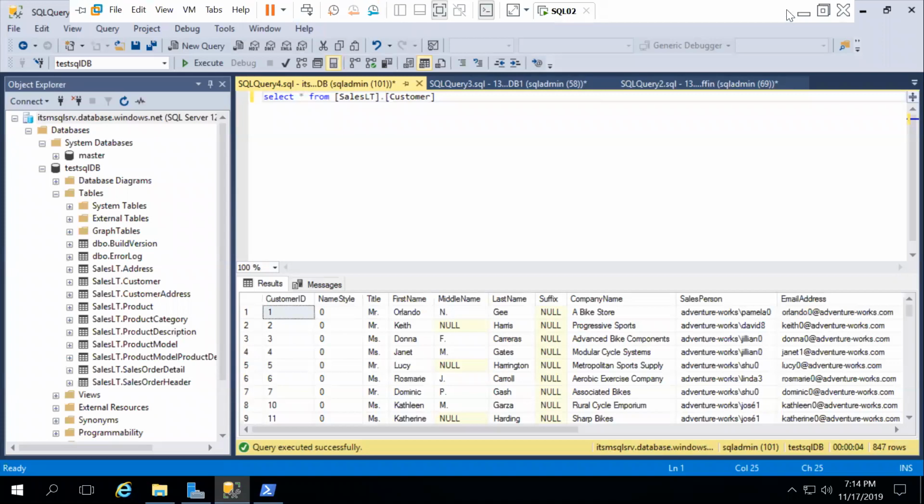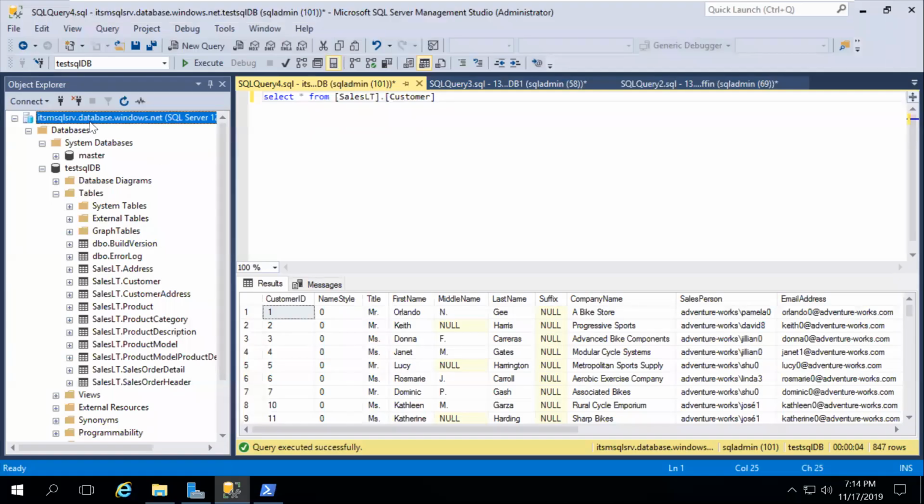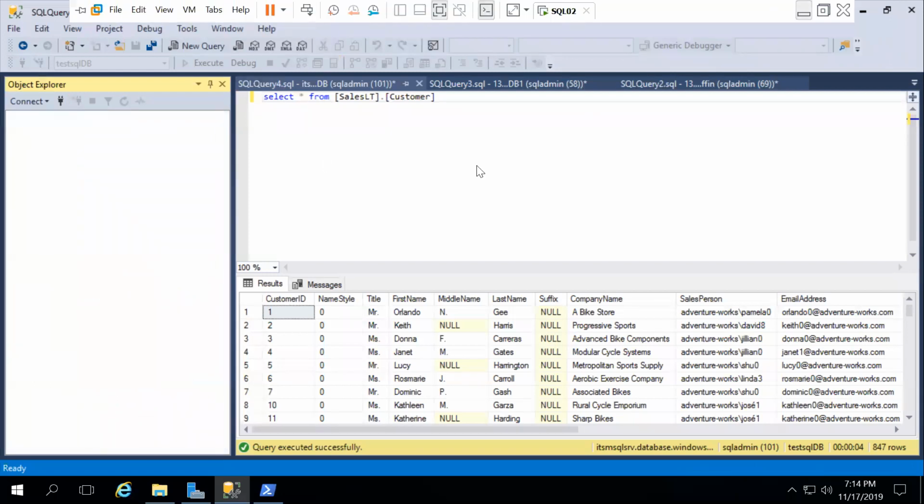Now let me check it out here. I'll remove these things. If you guys have your IPs, please share them with me so that I can add them. Now I'm just going to delete this one and save it. What is going to happen now? Let me disconnect and try to connect. Okay, I could not connect because of this access issue.